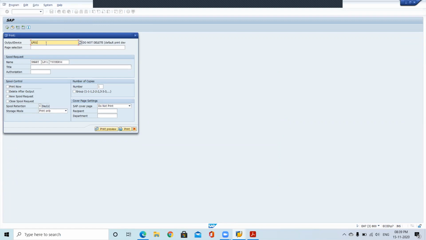That means if you have a specific printer, then assign your printer. Then every time it will take that printer. There is no necessity of giving LP01 manually every time. So in your user settings, you can specify which printer we are going to use. In the normal case also, they will assign one particular printer as a default printer. So here also we are just assigning the particular printer as a default printer. At the time of preview or printing, it will take that particular printer and display the information as per the printer. So those things we assign at the user profile level.